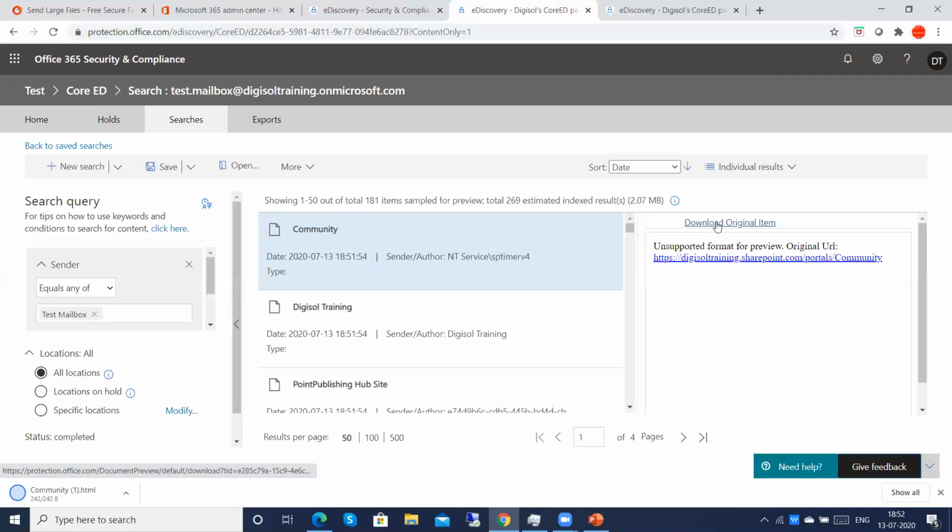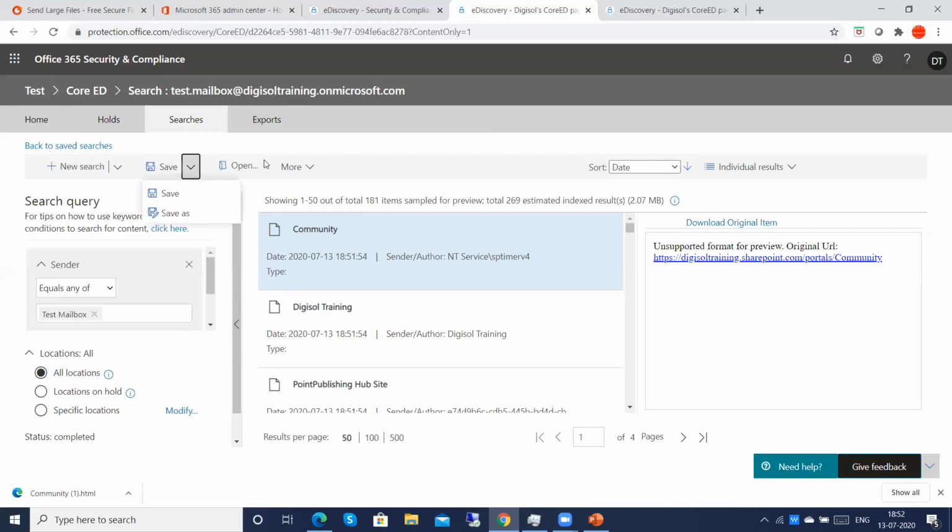original item. You can see here this is downloaded in .html format. We have the other option also, save as, export for report.